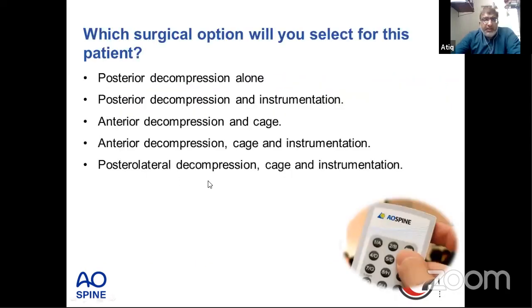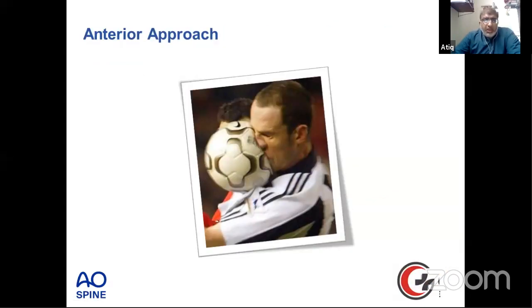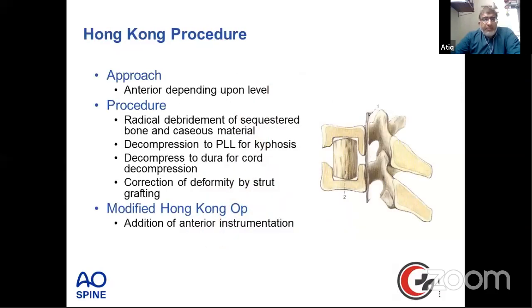Now when we decided on surgery, we have these different options: either posterior decompression alone, posterior decompression and instrumentation, anterior decompression and cage, anterior decompression, cage and instrumentation, and posterolateral decompression, cage and instrumentation. So we decided on the anterior approach, and the anterior approach is usually called the Hong Kong procedure,